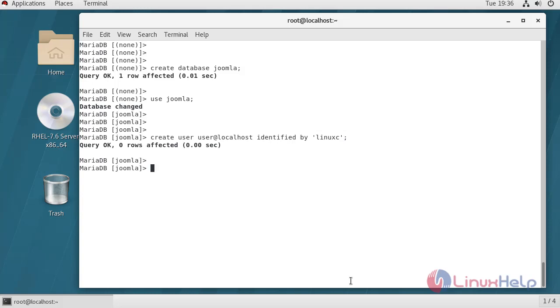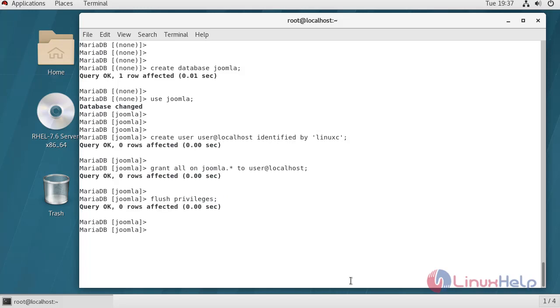Give permission for this user on Joomla database. To update these privileges, run the command flush privileges. Now give exit command to exit this console.